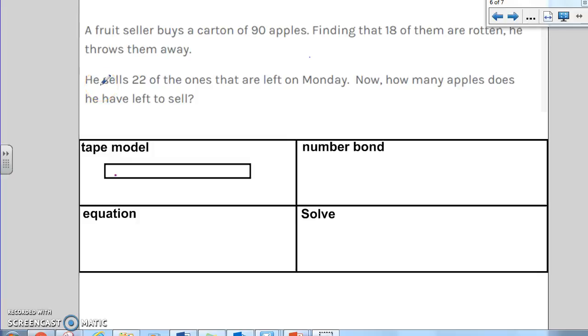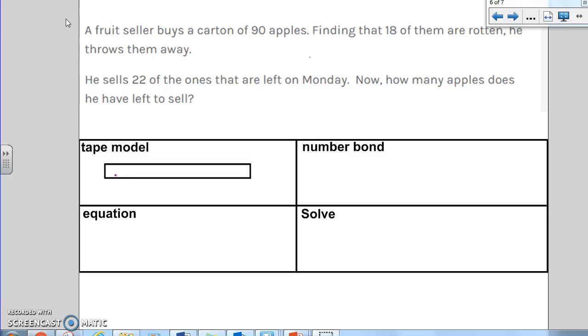This is the application problem for lesson 13. The problem says, go ahead and close your eyes and visualize this part of the story. A fruit seller buys a carton of 90 apples. Finding that 18 of those apples are rotten, he throws them away. He sells 22 of the ones that are left on Monday, and now how many apples does he have left